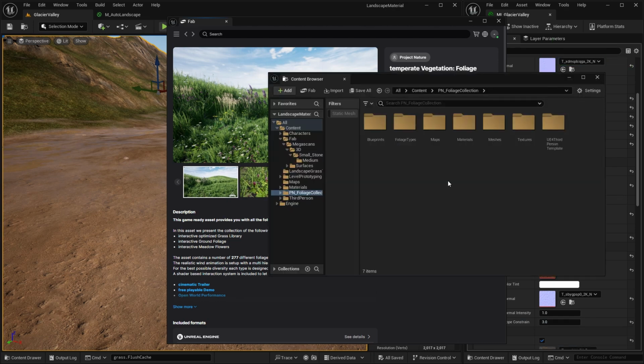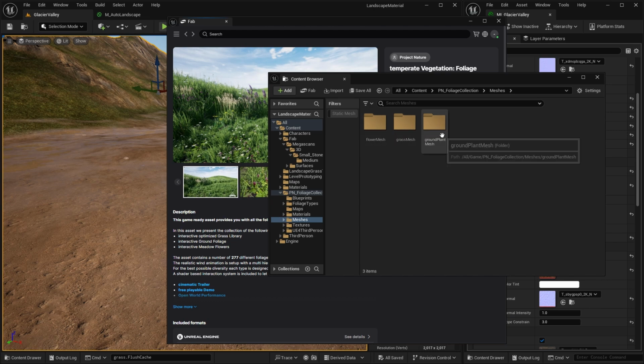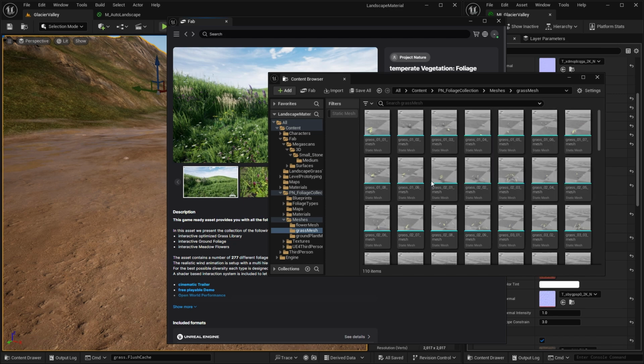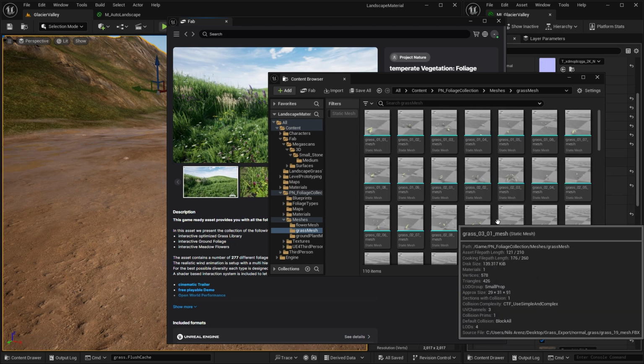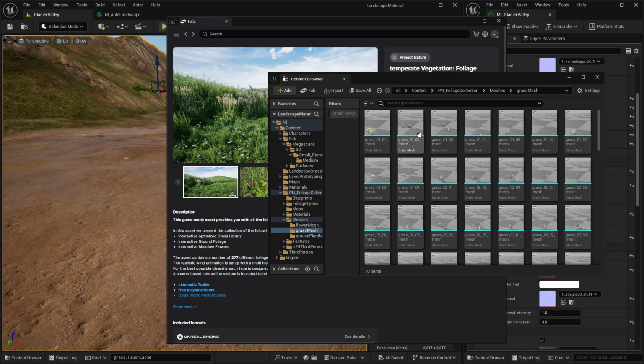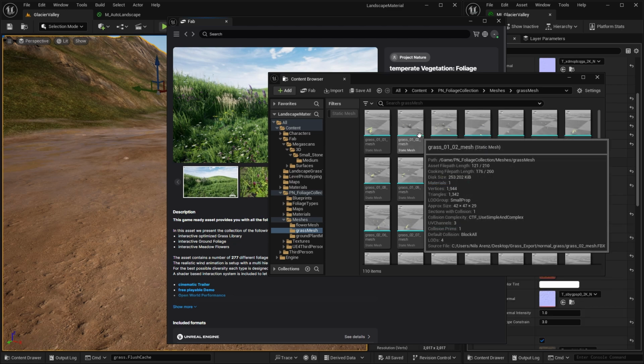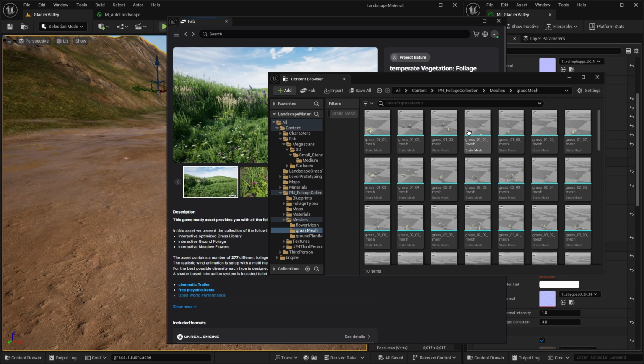So that took a few minutes to download for me. That's because it's got about 300 meshes in there, different assets. In fact, it's got other blueprints and items as well that we probably didn't need. So let's go into the meshes and have a look what we've got. We got 3 different folders: grasses, flowers and plants. If we go into grasses, you can see that there's lots of different options available here. So we'll just use a couple in our mid-low mask in order to show off how you do this.